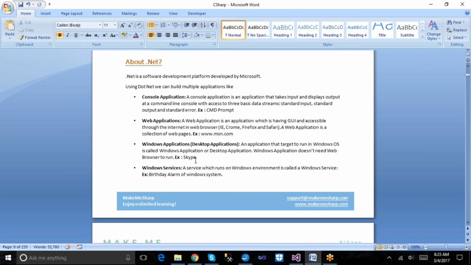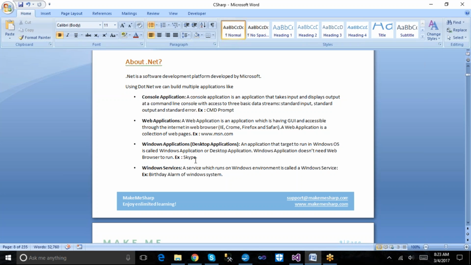Console application means it doesn't have a great look and feel, or any controls inside it. It just has a window where it takes the input from the end user and gives the output to the end user.